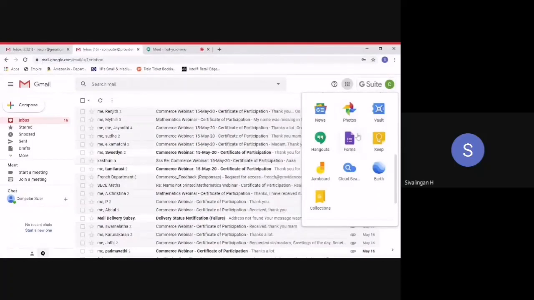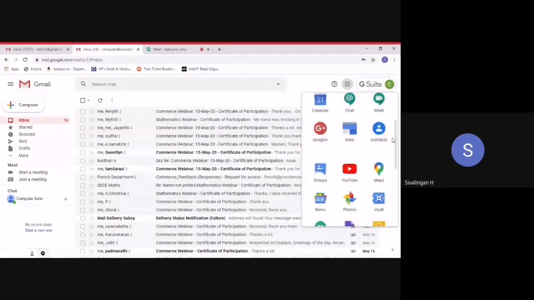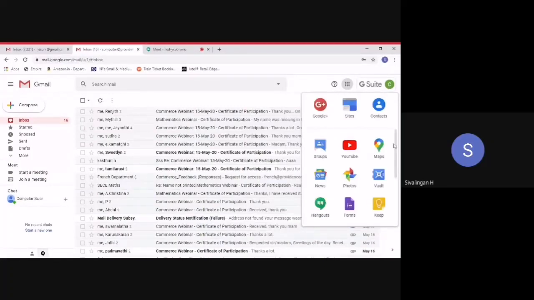In a normal account, we went to Google Drive and from there we accessed Forms. But in G Suite, you have Forms here itself. By clicking on that, you can do your work. You also have one or two extra options that you can spend a little time to see what is there. There's a facility from where you can go to YouTube. Many things are there anyway.